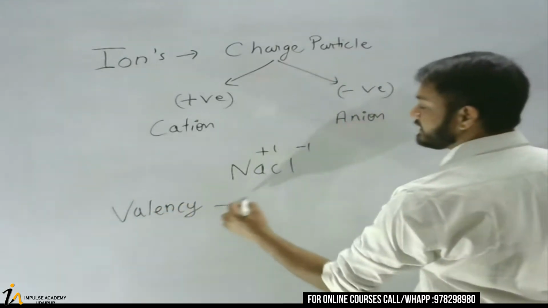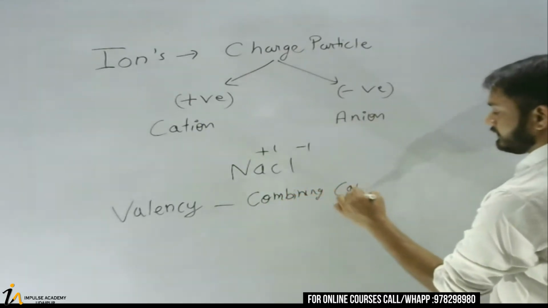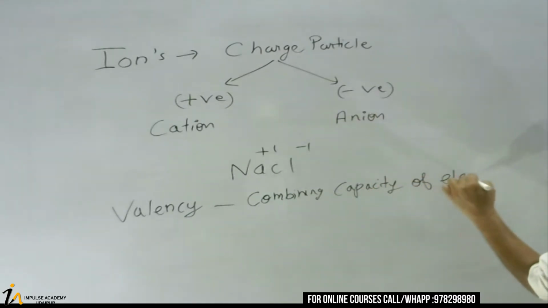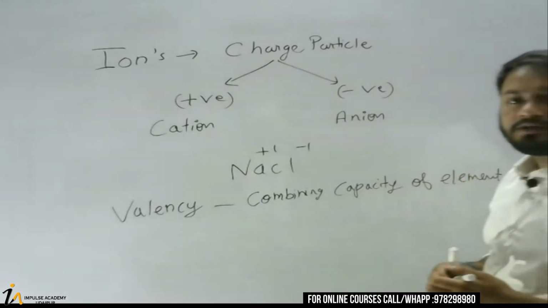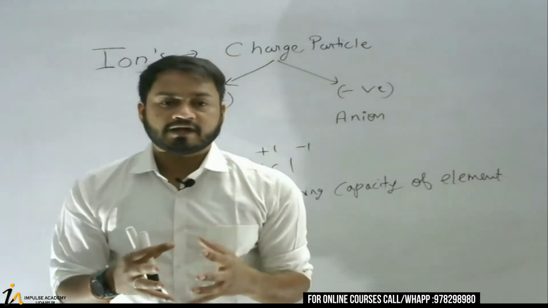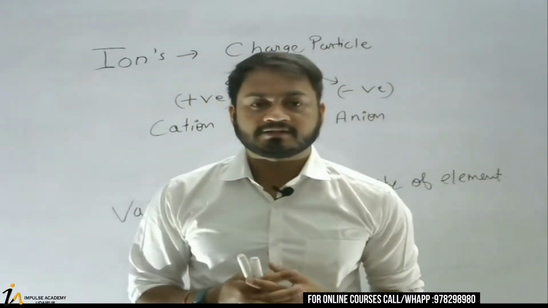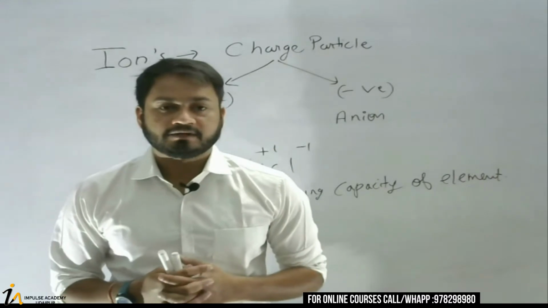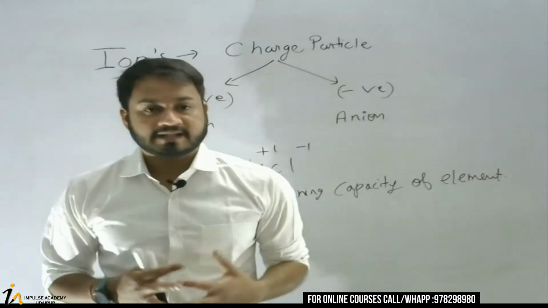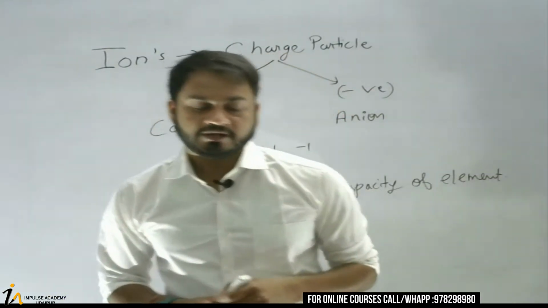Valency is basically the combining capacity of an element. ठीक है, कि कैसे कोई एलिमेंट्स कंबाइन करने की ताकत रखता है. सो बिकॉज ऑफ दैट वी नीड टू लर्न द वैलेंसीज कि किसकी कितनी वैलेंसी होती है, क्योंकि हम ऐसे पता नहीं लगा सकते. Now there is a valency chart. So I am just writing that chart for you, so that by memorizing that chart you can make the formula in seconds. So let's go through that chart.